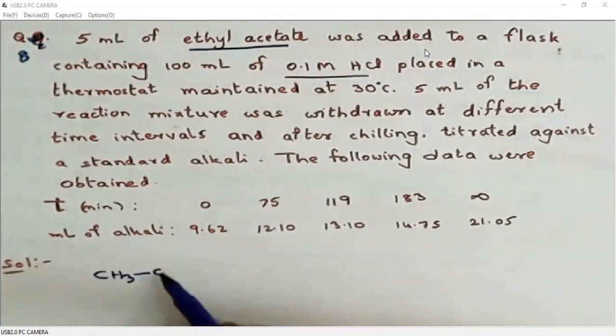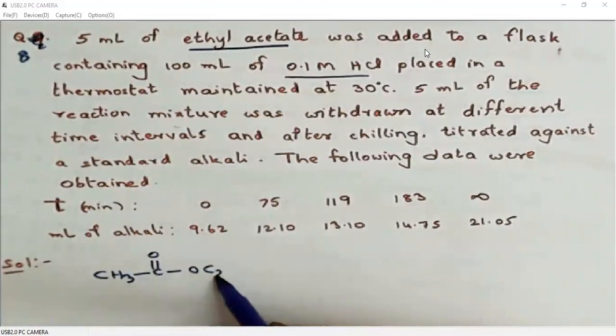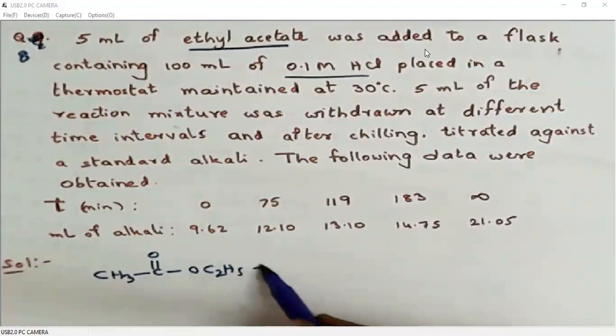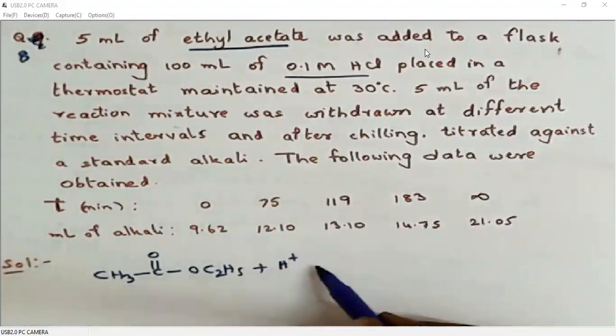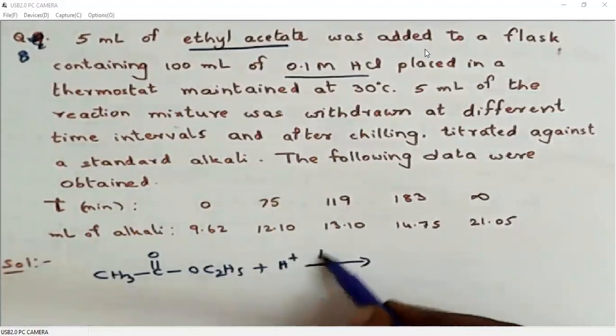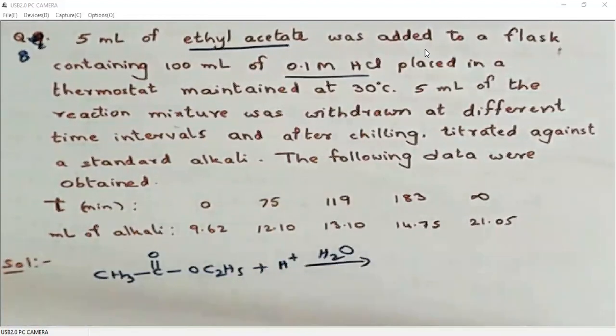Of course, we have read an example of first order reaction is acid hydrolysis of ethyl acetate. So here we will take acid. Water will be in large quantities, right? Because it is 5 ml, water is 100 ml, so there is no comparison. It is a very small amount.